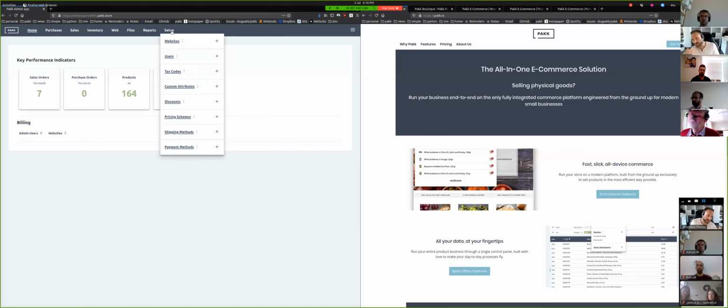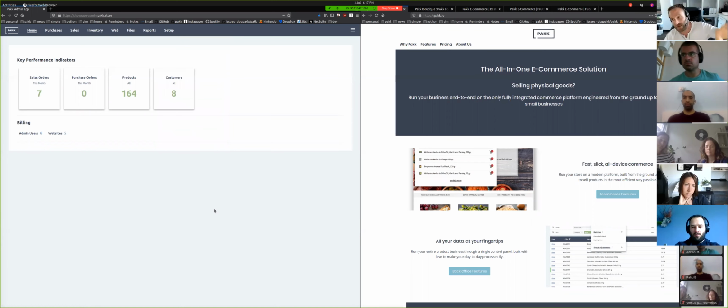But this flows from the philosophy of Pakk, which is that Pakk is an all commerce application. It's not an e-commerce application per se. So you run your business on Pakk, and your business is much more than your e-commerce platform, your web store. You might be doing physical retail, you might be doing wholesale, you might be doing telephone orders, you might be doing lots of different things, and the web store is just one window onto that. Thus you can have multiple web stores, multiple websites functioning in different ways and functioning as different windows into your data and into your products. So